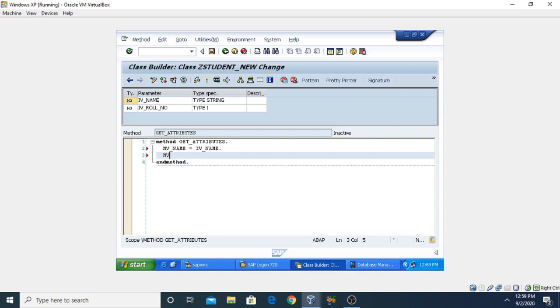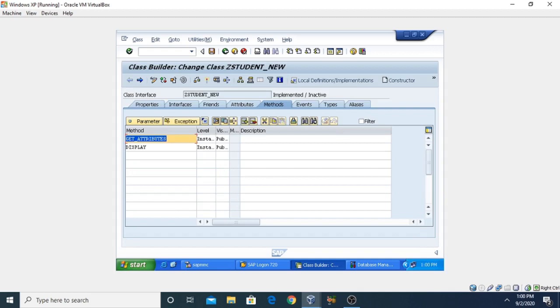Similarly, mb underscore roll underscore number equal to iv underscore roll underscore number. So we have given the definition of what it will do.